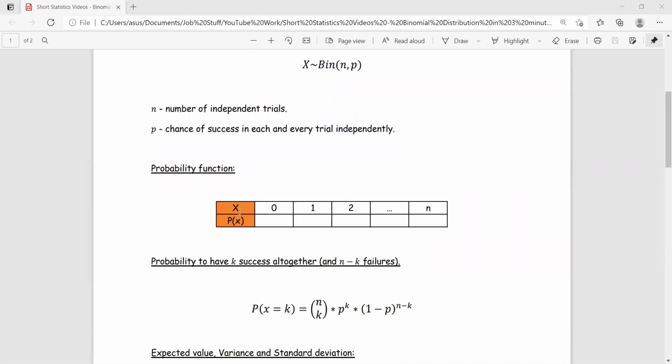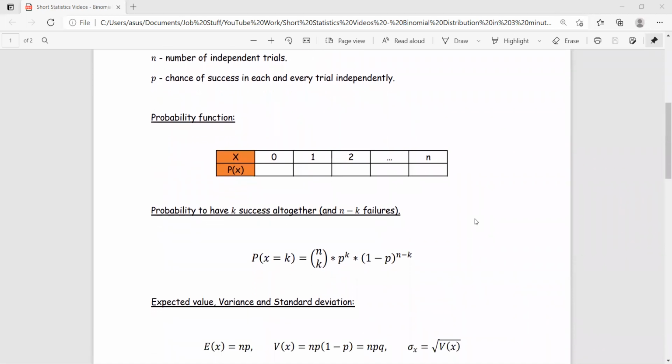It has an upper row of the relevant values, and at the bottom we have the probabilities. The relevant values are the number of successful trials, so we're starting from 0, 1, 2, 3, all the way up to n, just like we have done before. As for the probability to have exactly k successes altogether and n minus k failures, the probability